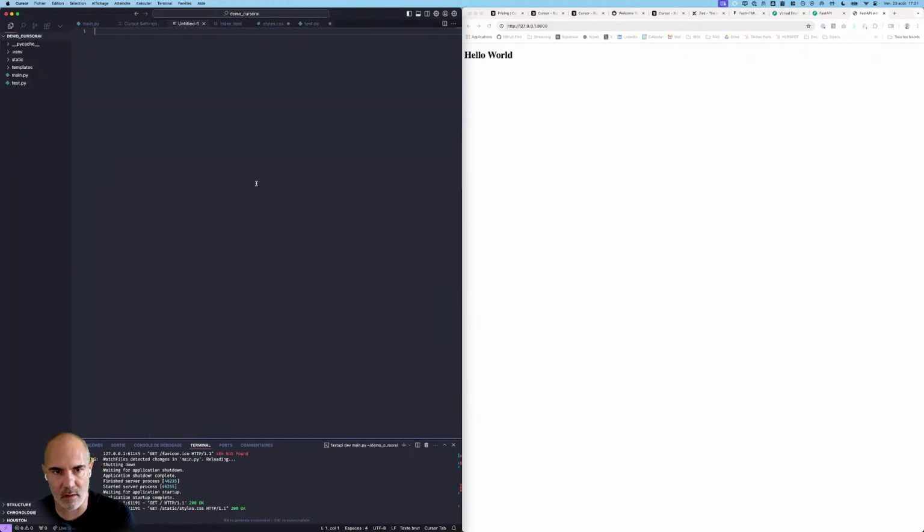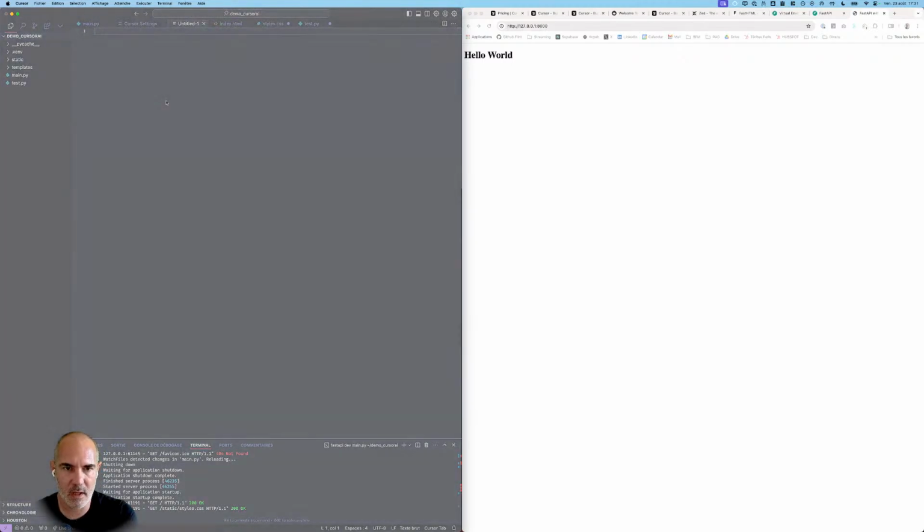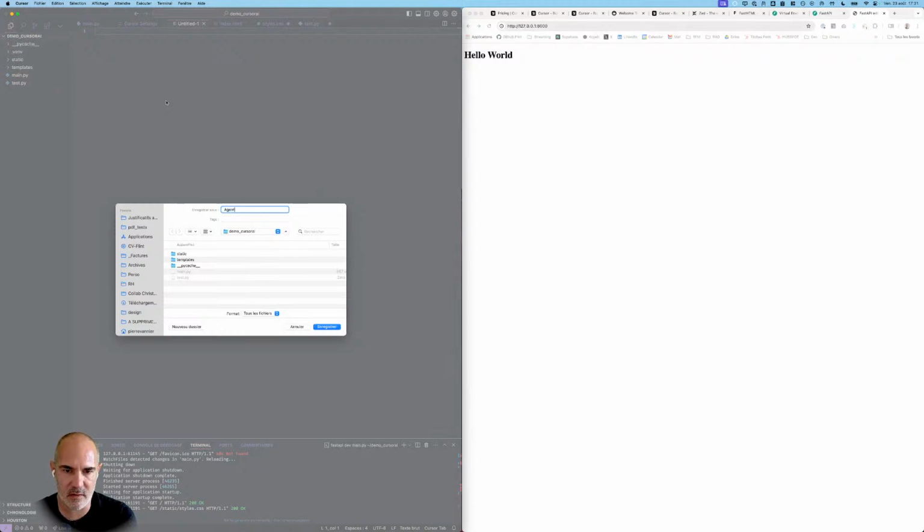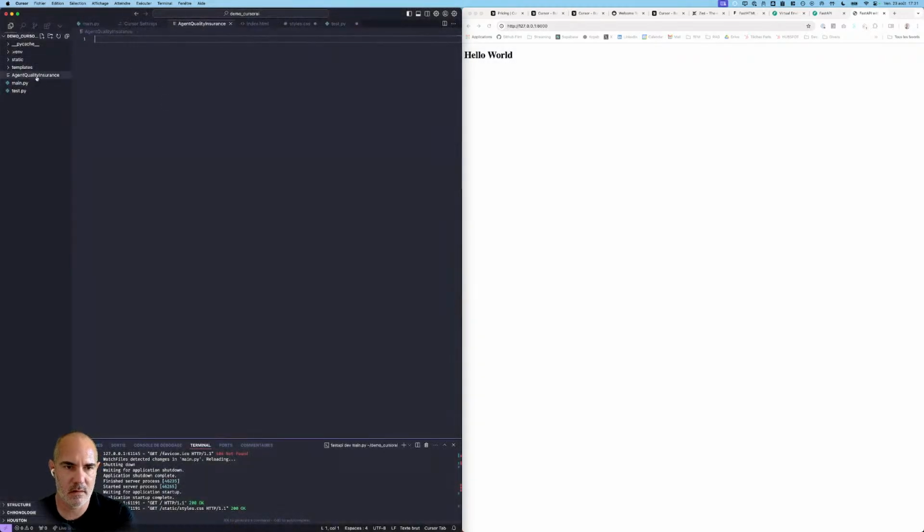Let's create this file, which I will call agent quality insurance. I don't want that, I want .md. So here is a markdown file. I will ask Cursor, write me a prompt